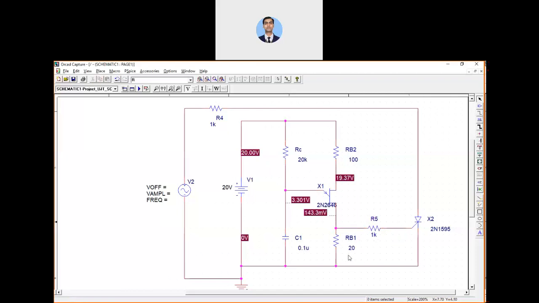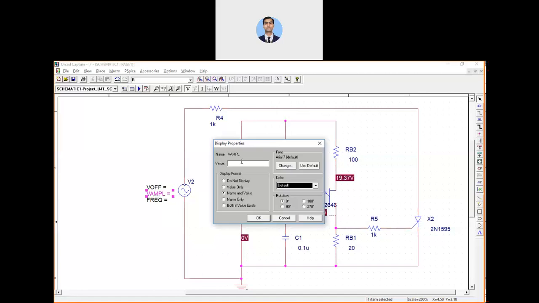Now whatever firing pulses we are getting at RB1 will actually trigger your SCR. The frequency of the AC source should match the oscillator frequency, then only will this SCR turn on at the right places of the pulses. So I'm going to give the values for the source, let's say 24 volt amplitude.